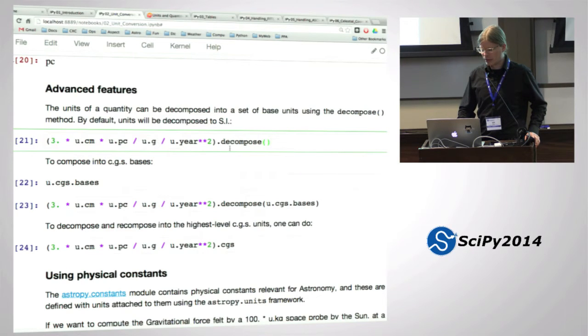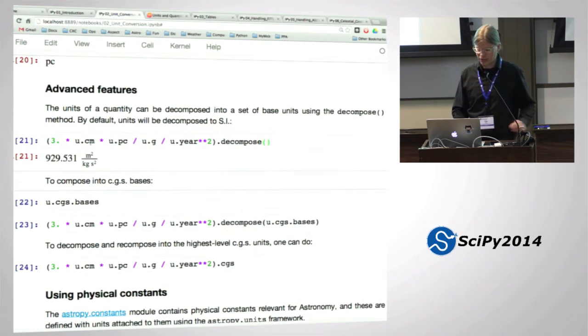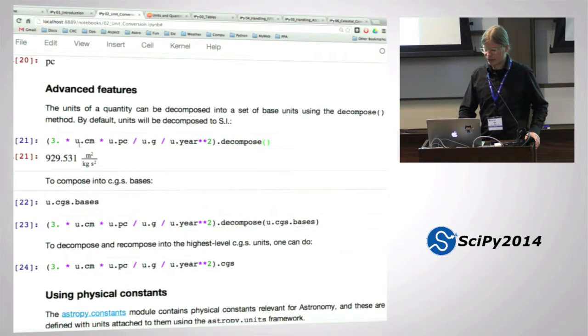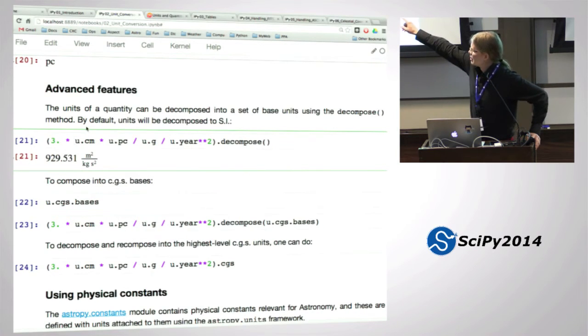And when we take a unit like this and call the dot decompose method, that will take this more complicated unit and automatically convert this centimeters times parsecs to just meters. There are some rules for how that works. We don't have time to go into the details, but basically when it's parsing the units, it will see centimeters first and